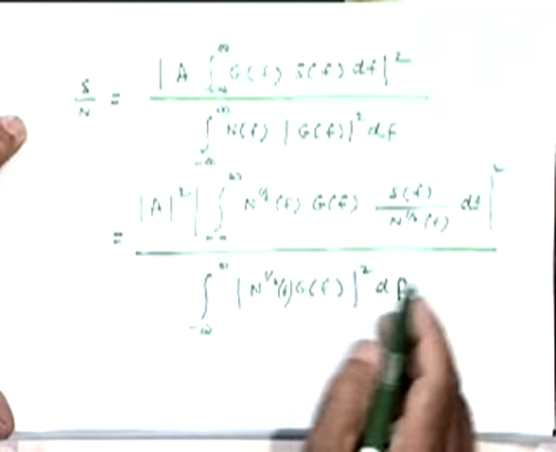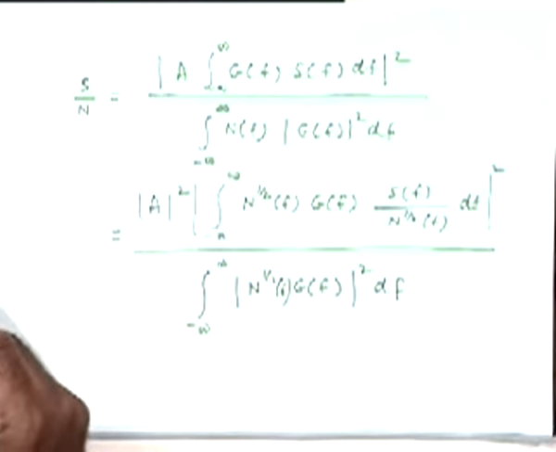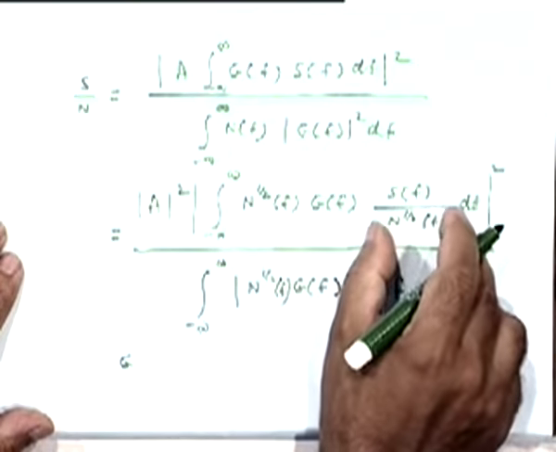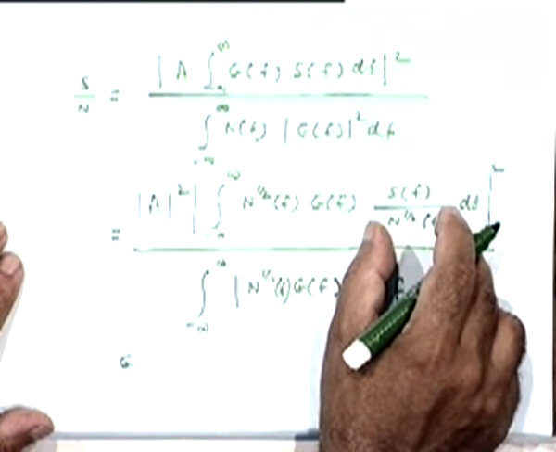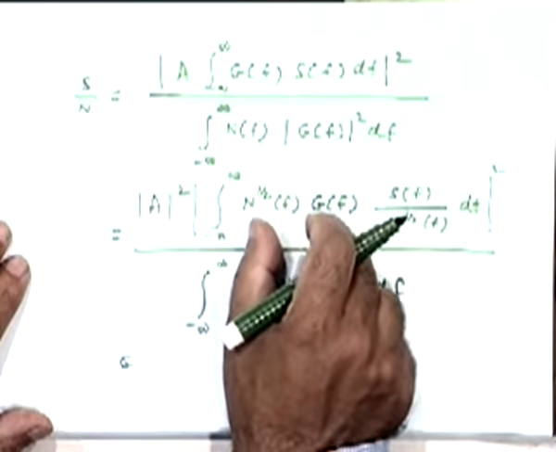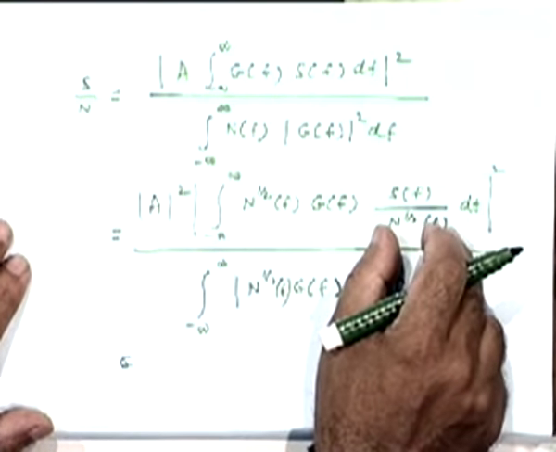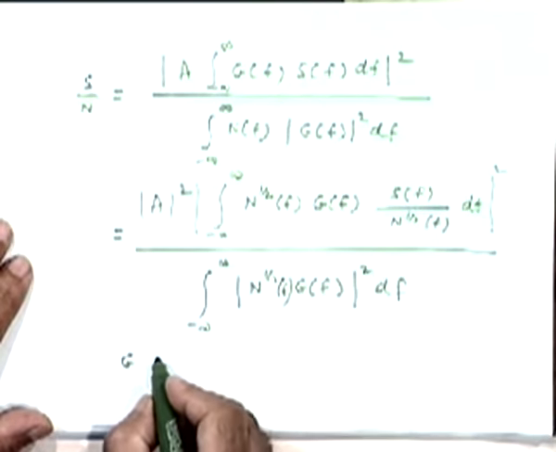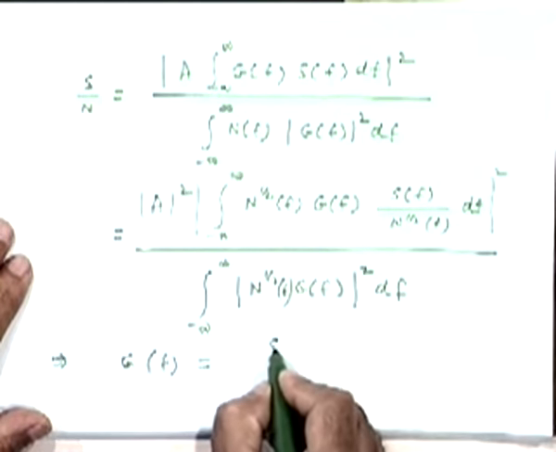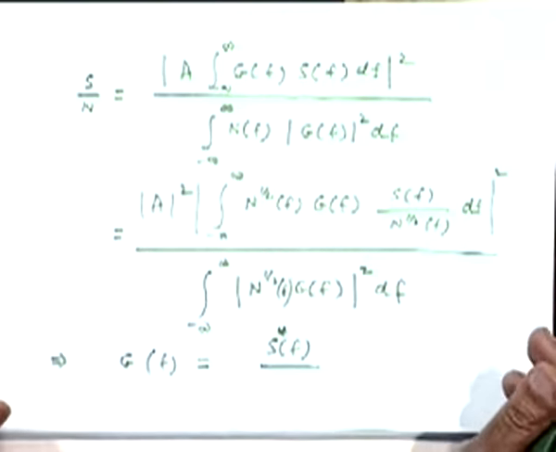The condition for that is that, let me write down, this quantity is a constant times this quantity. Actually not, some other. See, the original result is R conjugate T, S T. So the conjugate of this quantity should be equal to a constant times this quantity. Or in other words, maximization will be done for GF equal to S conjugate F upon NF.